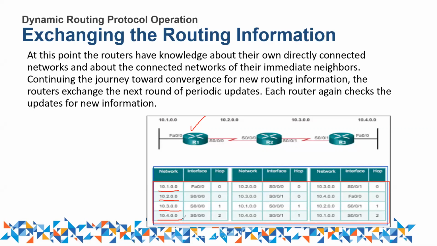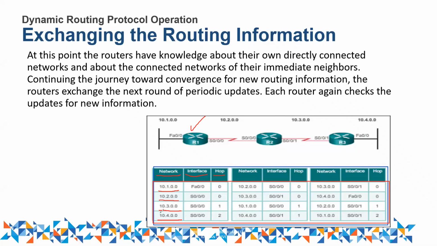How did they get the idea? Because the routers exchange their complete routing information with each other. Okay, so you know about this. These are the IP addresses of the networks or the interfaces. This is the interface name. And what about this hop? Hop means,